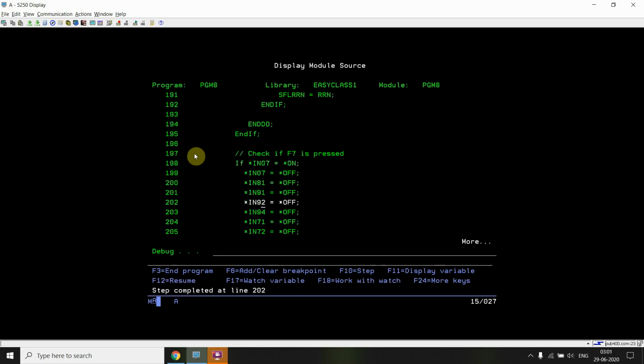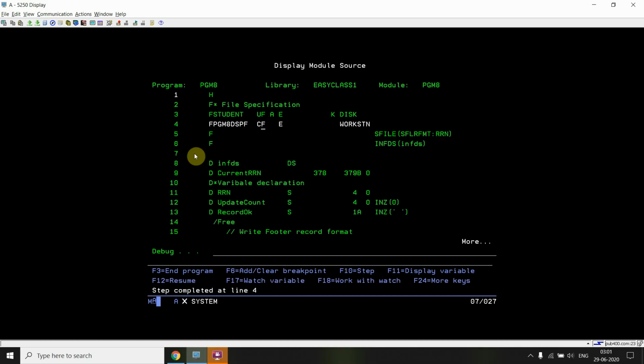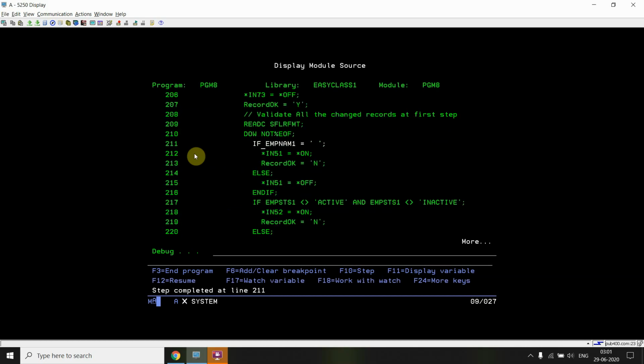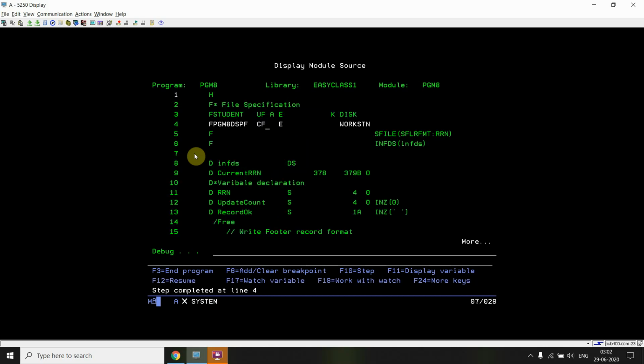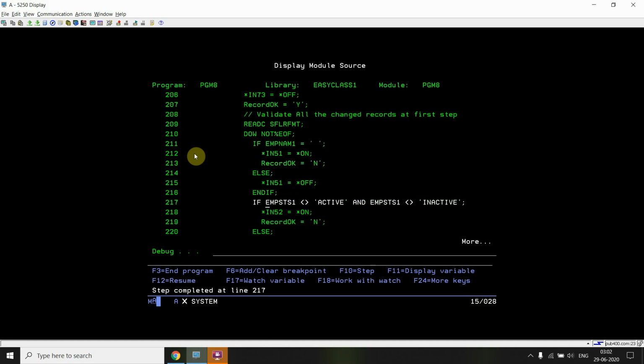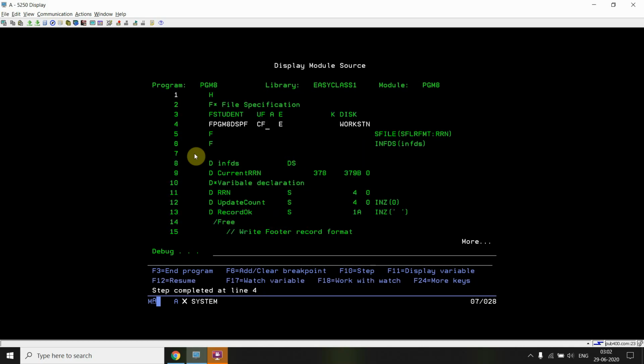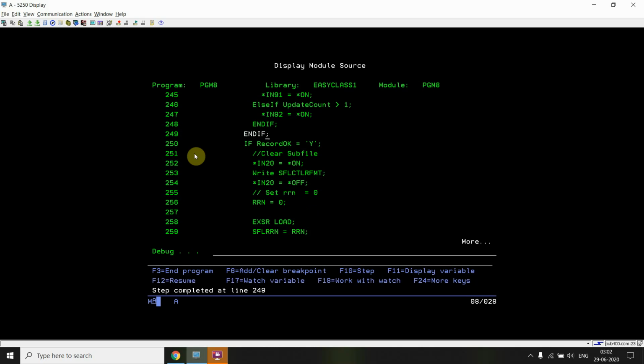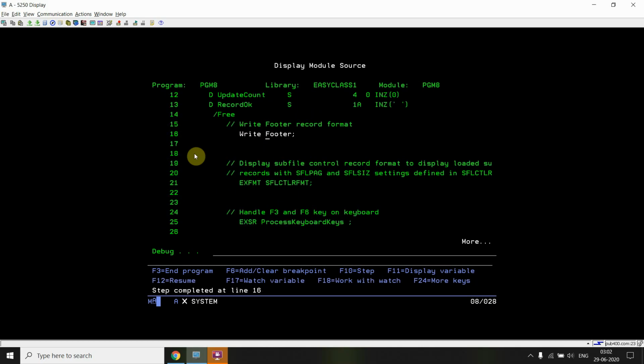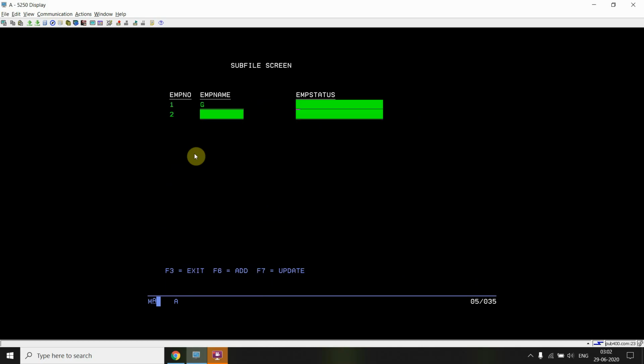Okay, now I'm in the F7 code block. I'm reading the change records. So at this time I'm not getting the blank value here, so indicator 51 is set to off now for the first row, first field, but for the second row it is set to on. 52 is set to on. Now I'm updating the format again. So for the second row all the fields are in error. Now the cursor will be positioned to the second field on the first row, as you can see. Yes, correct.